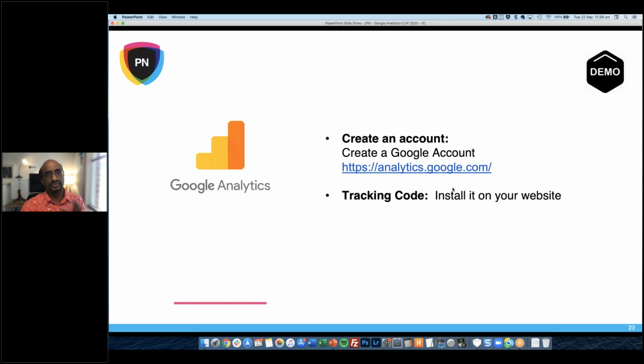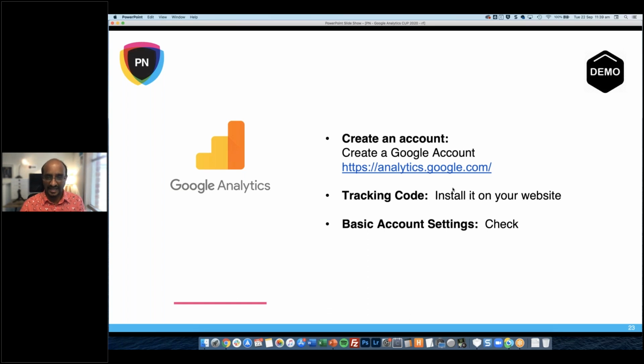You would then get some tracking code, which you install on your website. Now, you can go and give this to your web developer, and they can do it for you. It should be a 15-minute task. So if they're charging you lots of time or whatever, you should probably find out what else are they doing for you. Hopefully, what they are doing is what we do, because we charge between 1 to 2 hours at least,